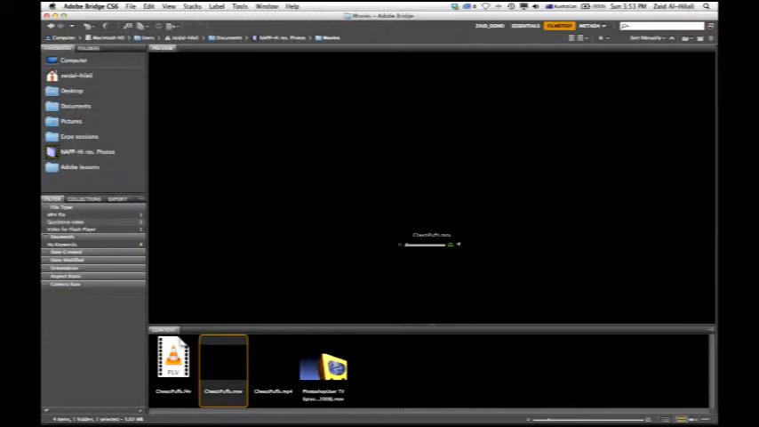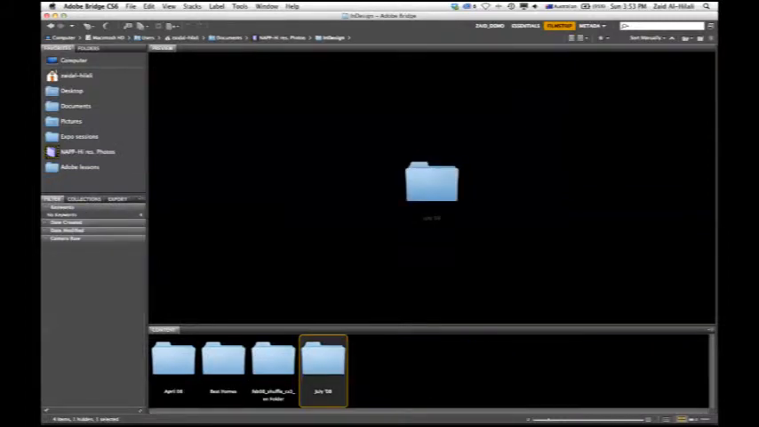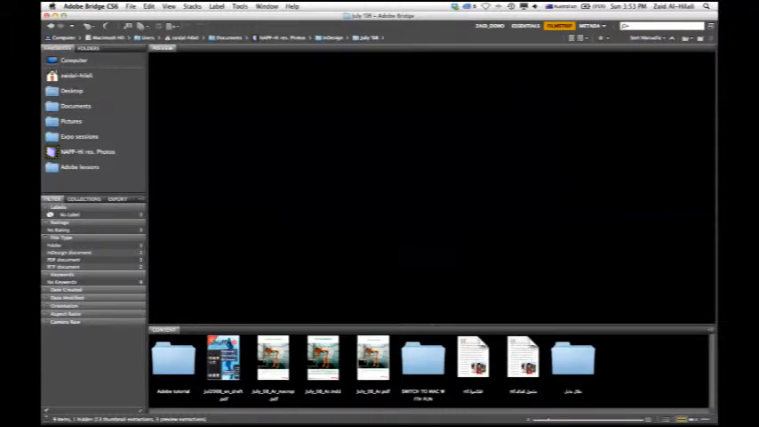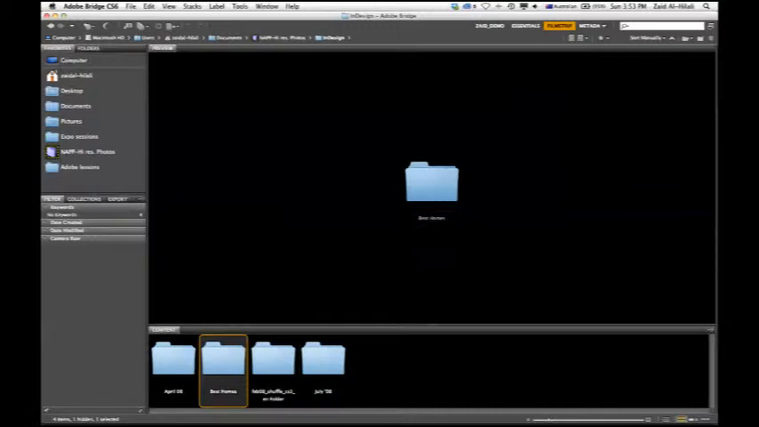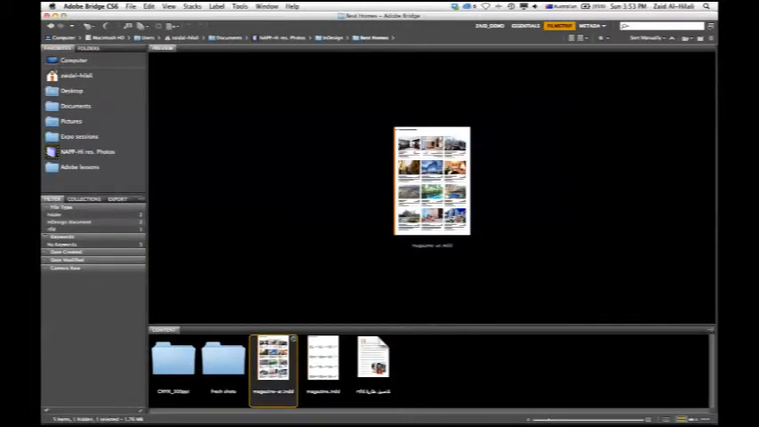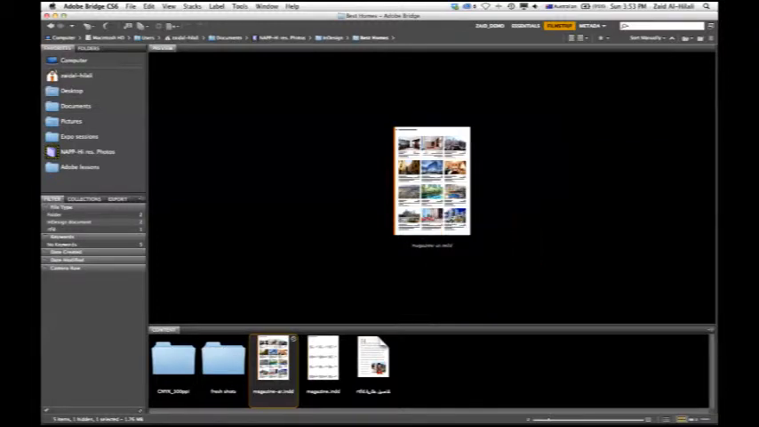But you can see the content of a video in Bridge without opening it, without opening the document in, say, QuickTime or any other application. InDesign documents. This is an InDesign document. Okay, this is not the one I'm after. Say this one. You can see the content of the document. Now that's not a big thumbnail, but at least you can see the content of an InDesign